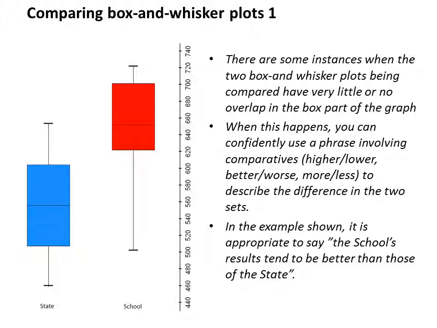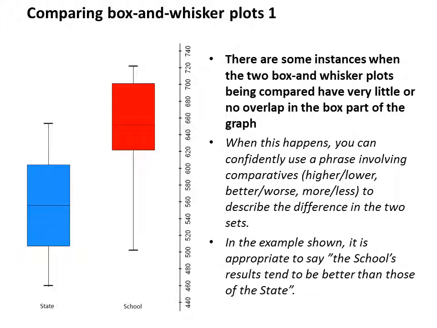First, there are some instances when the two box and whisker plots being compared have very little or no overlap in the box part of the graph. When this happens, you can confidently use a phrase involving comparatives: higher or lower, better or worse, more or less, to describe the difference in the two sets. In the example shown, it is appropriate to say, the school's results tend to be better than those of the